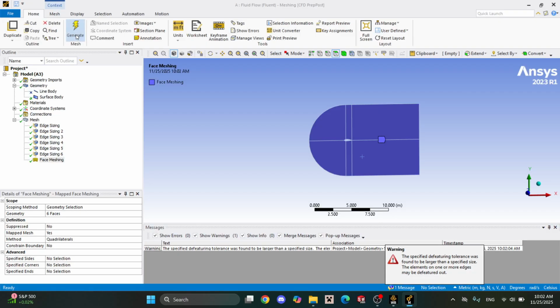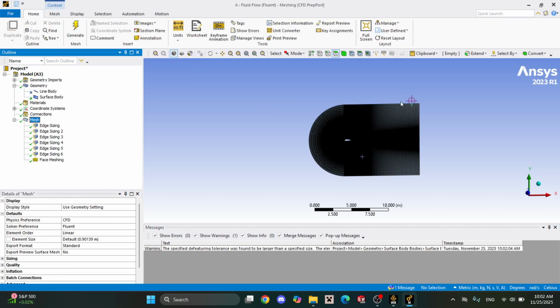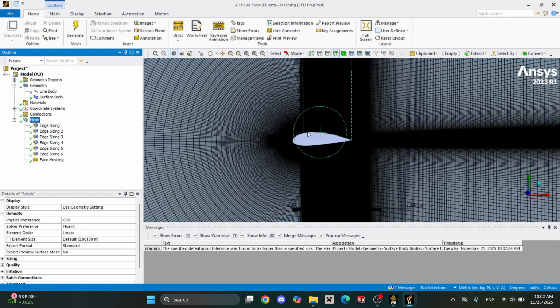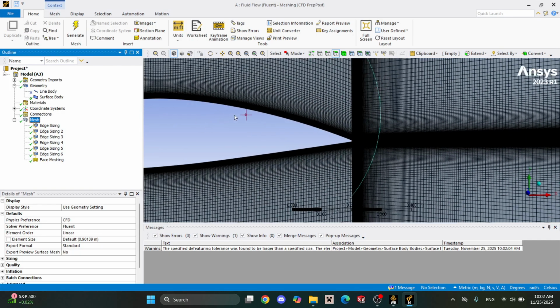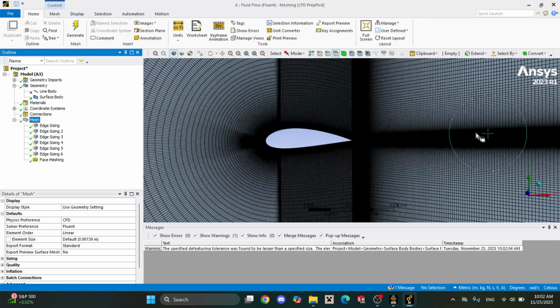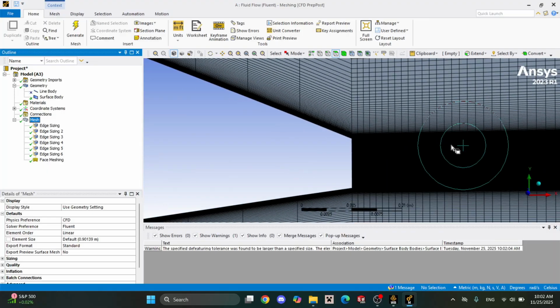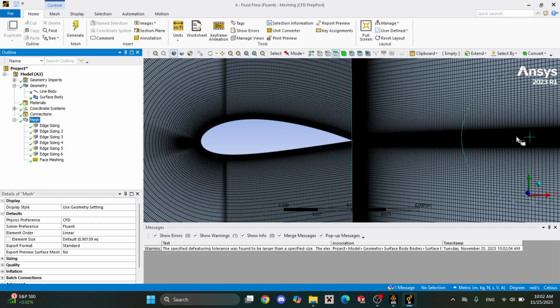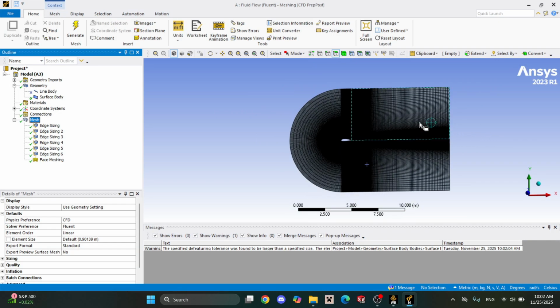Should load up in a second. Yeah, so now that we look at the mesh, it seems to have generated correctly. You have really small meshing regions around the airfoil itself to capture the movement around the airfoil, and then also small meshing quadrilaterals in the wake region, which will help us simulate the wake and the effects of that more